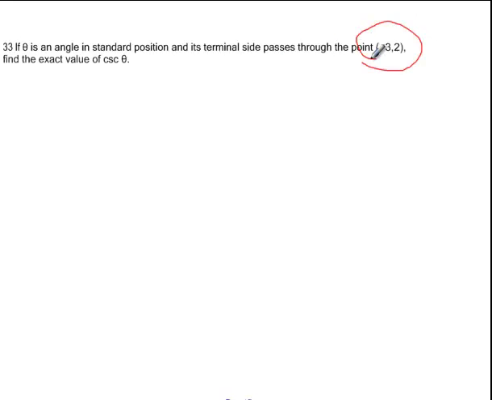Okay, we have a point, -3, 2. So I'm going to take a graph. I'm going to go over -3 and up 2. And there's my point. So I went over -3, I went up 2, and voila, I make a triangle because it's trigonometry. I do Pythagorean's theorem